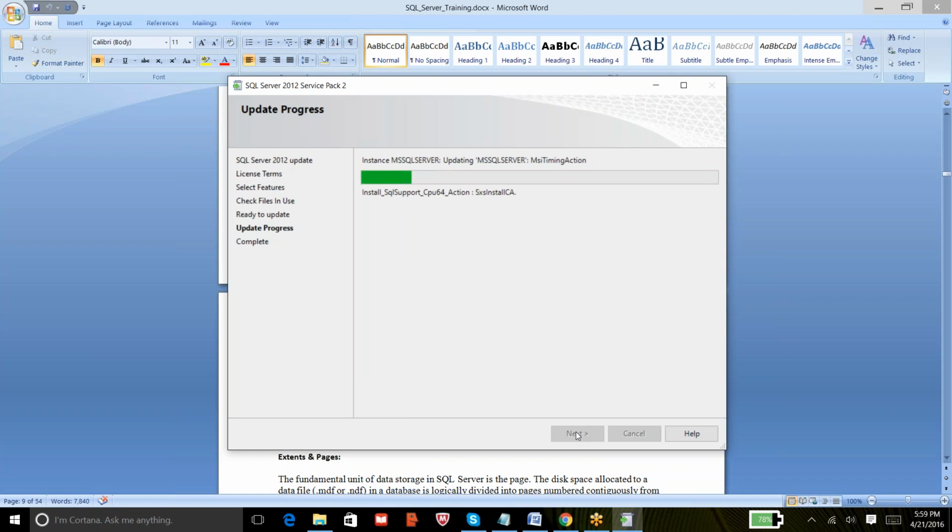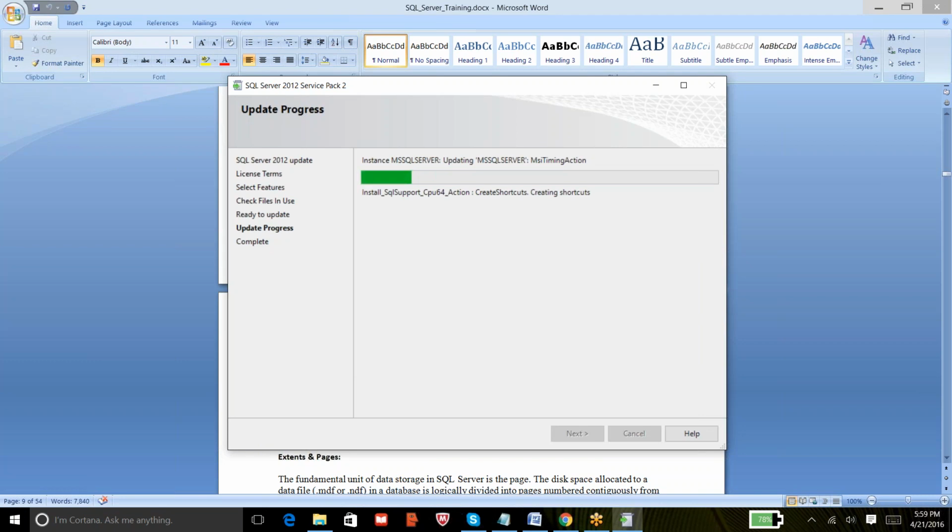Earlier days, it would be very tough. Once you installed the service pack, there was no option to roll it back. But now we are a bit safe. We can uninstall the service packs. And it's not a complex one. It's almost the same way we install it, but the way is different.